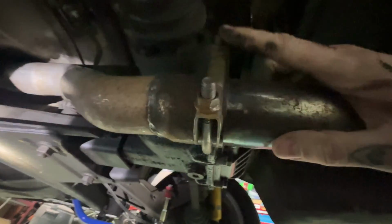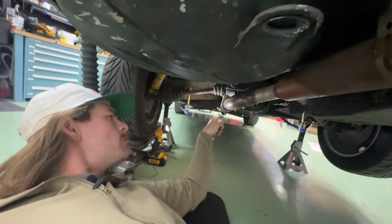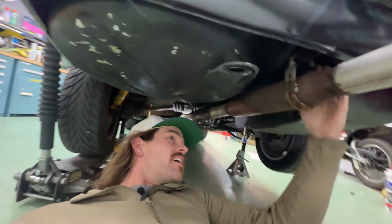All right, let's get this U-bolt clamp off and slide off our muffler. Plus up in here, I think I'm just gonna take that bolt out. Wait, it's up in there. Yep, 9/16. All right, that's loose enough. Now,